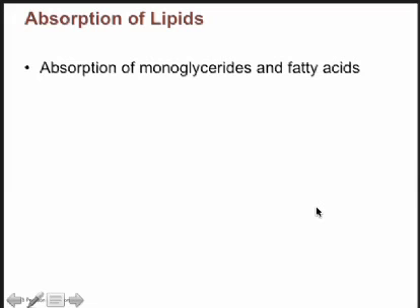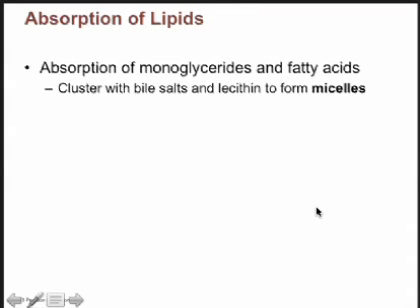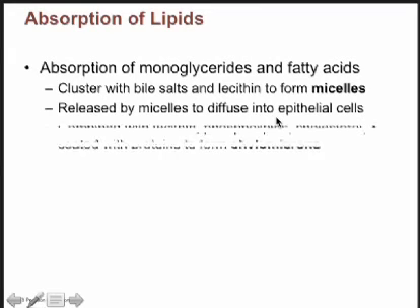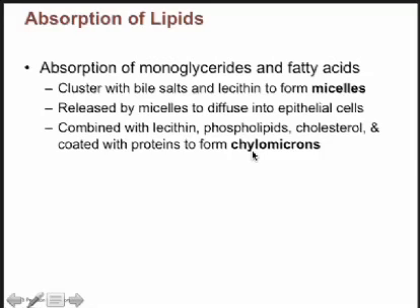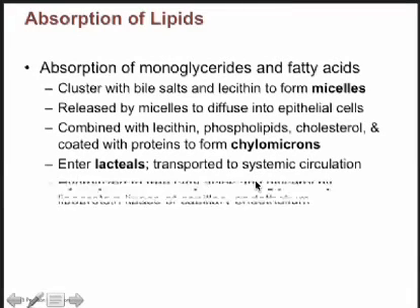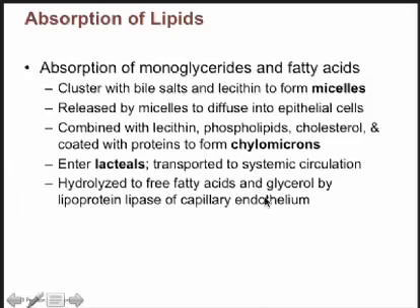Absorption of monoglycerides and fatty acids begins with the formation of micelles as a result of their interaction with bile salts and lecithin. These micelles are then released into epithelial cells, where they combine with lecithin, phospholipids, and cholesterol, and are coated with proteins and form now chylomicrons, which enter the lacteals and are transported to the systemic circulation, where they're